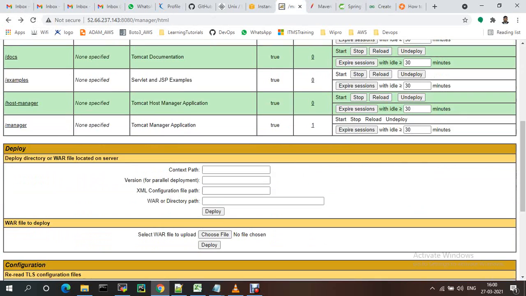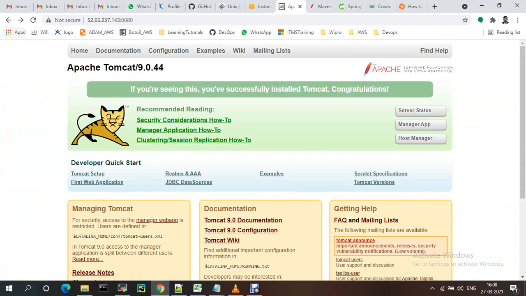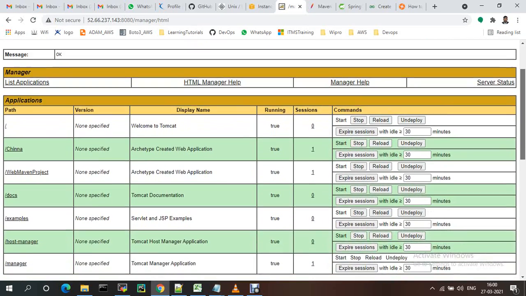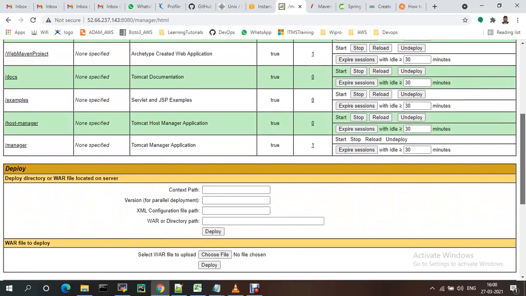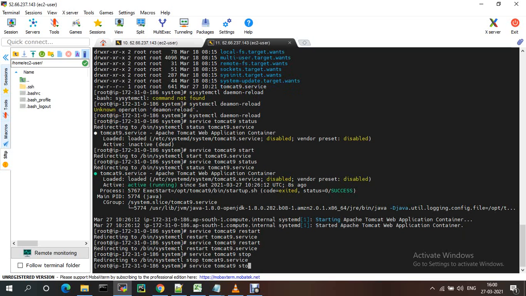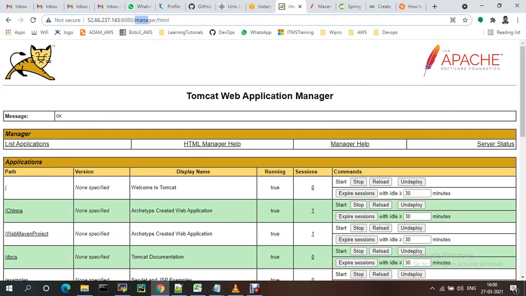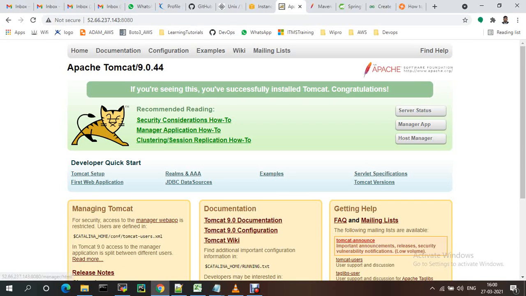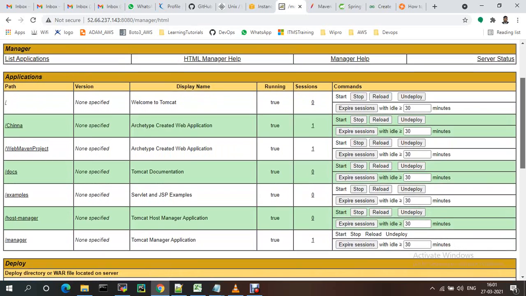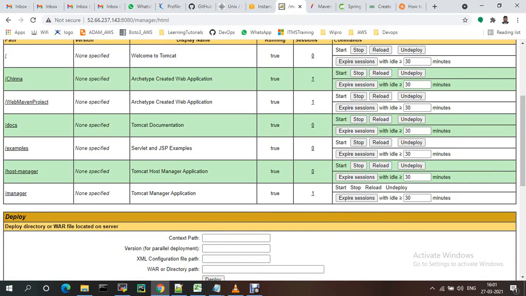So you just need to come back, go to manager, and you will be able to see Tomcat start and Tomcat stop.